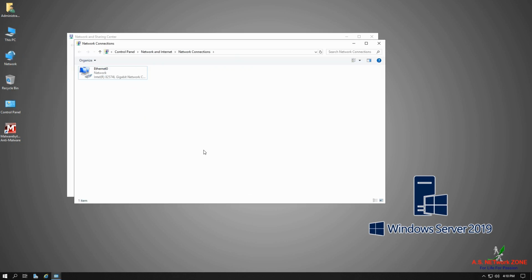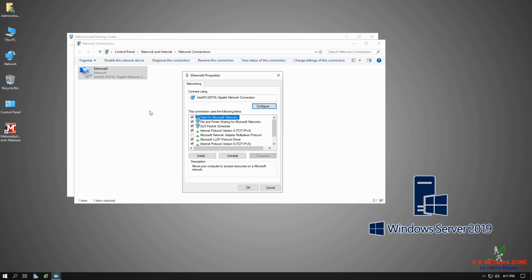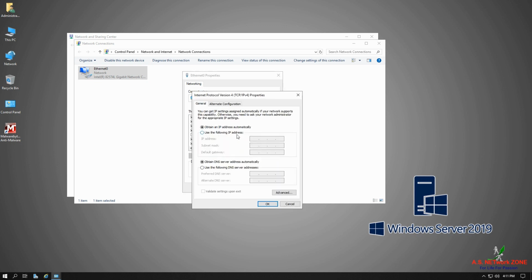Let us close this console, and also let me assign the static IP address on this server. Here in this server only one NIC card is attached. On the same NIC card I am assigning the IP address. Here I am going to assign IP version 4. So click on this and assign your static IP address, whatever you want for your lab or production environment. Here I am using 192.168.10.111. Click on subnet mask. In the subnet mask I am not changing anything, and I am also going to assign the default gateway IP address, which for my network is